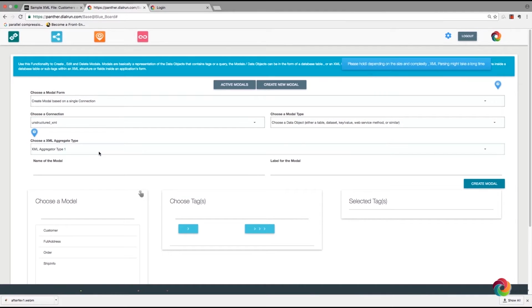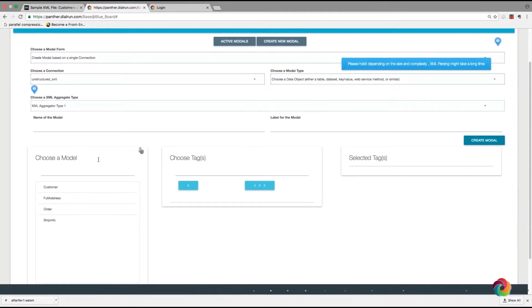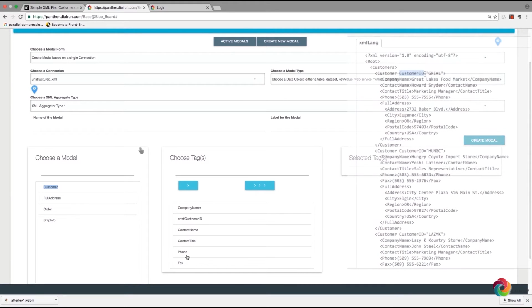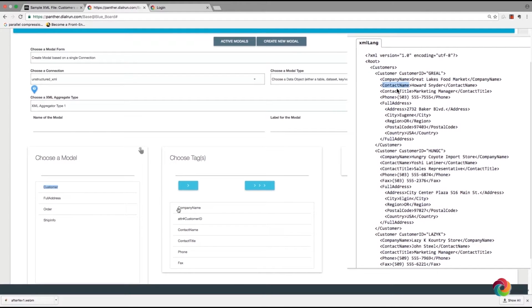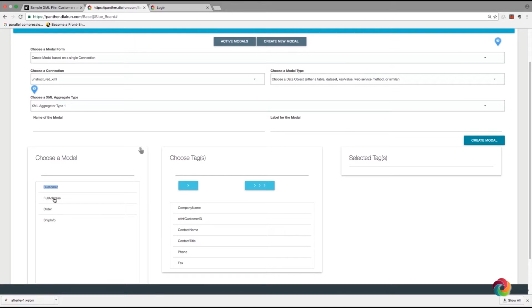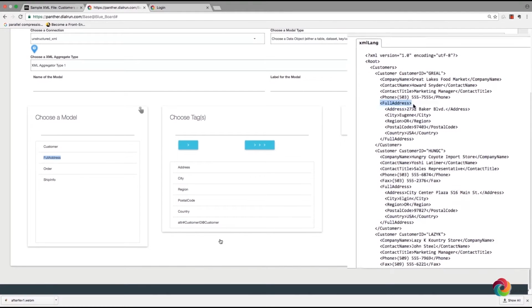So let me choose aggregate type 1. It gives me 4 datasets. Let me click on customers. I can see all the child tags here as well as attribute customer ID. I'm going to click on full address and show you what I meant by DIALRun's intelligent parsing of XML. I can see all the tags within full address listed here along with its customer attribute ID that got referenced